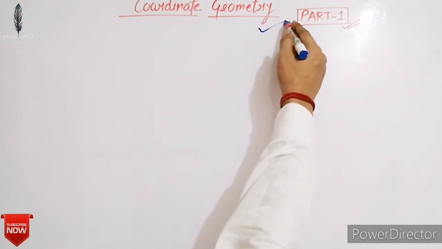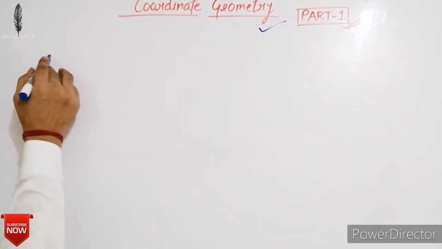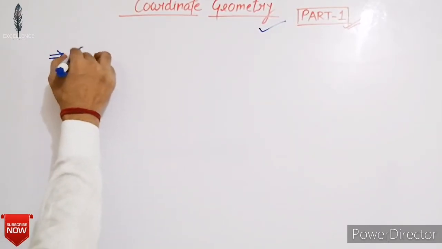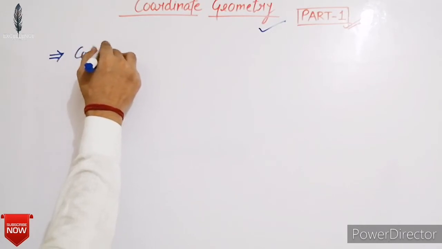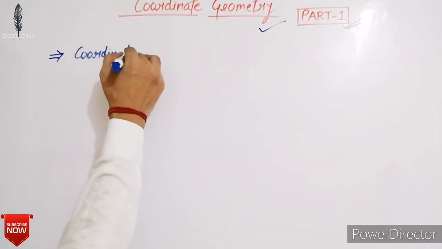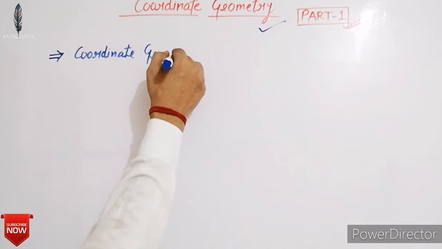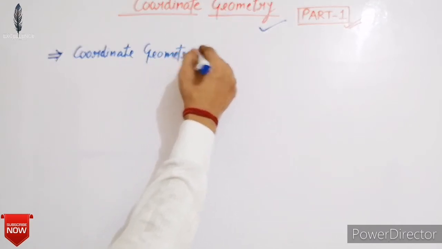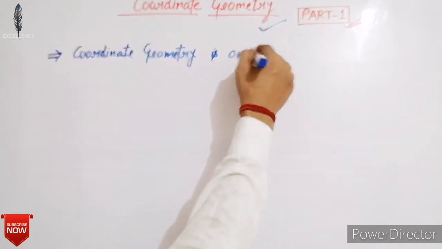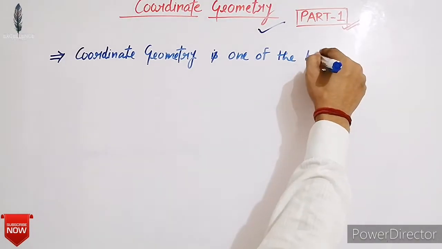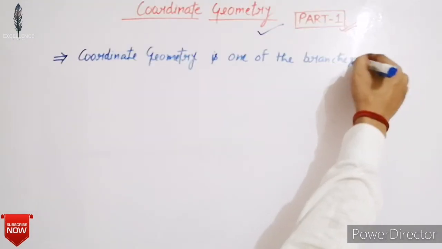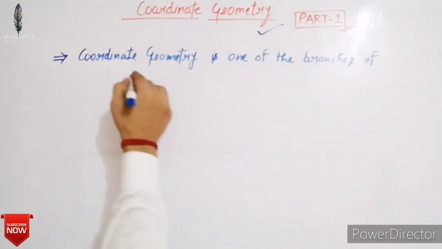Today we will discuss a new chapter, that is coordinate geometry. Okay, so firstly we have to know what is coordinate geometry. Students, coordinate geometry is one of the branches of geometry where the position of a point is defined using coordinates